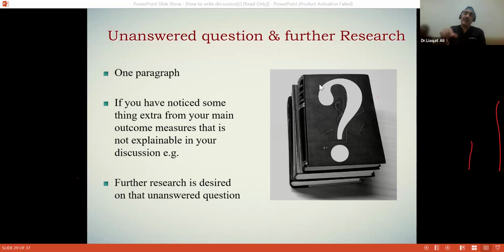Secondly, आपके लिए you get a good chance of starting a new study on this unanswered question. Just like movies में नहीं होता, child play 1, child play 2, child play 3. So you can go for the reasons for the unanswered question in that case. Next, please.